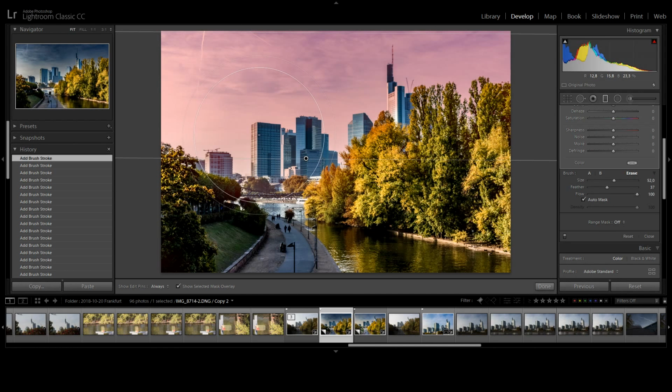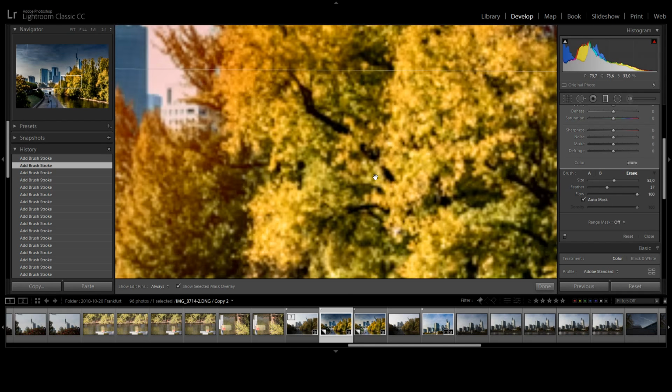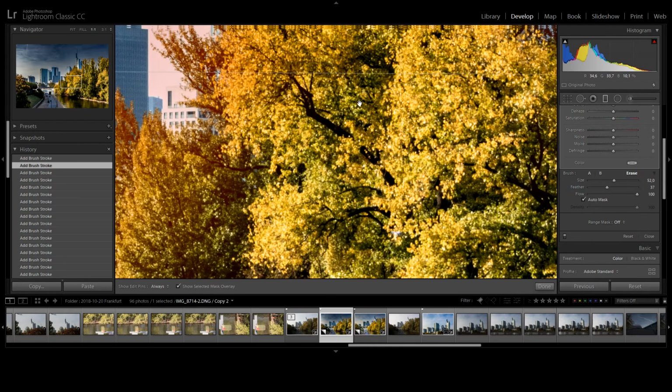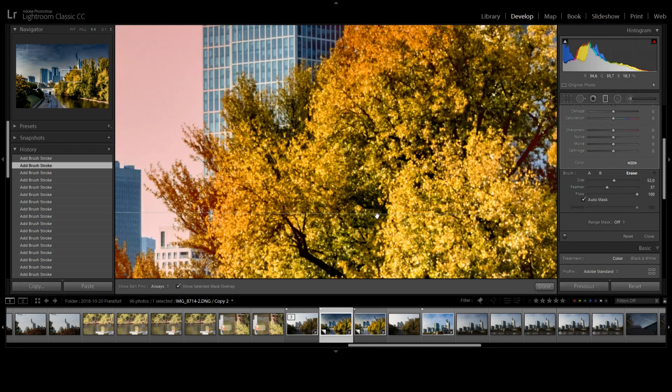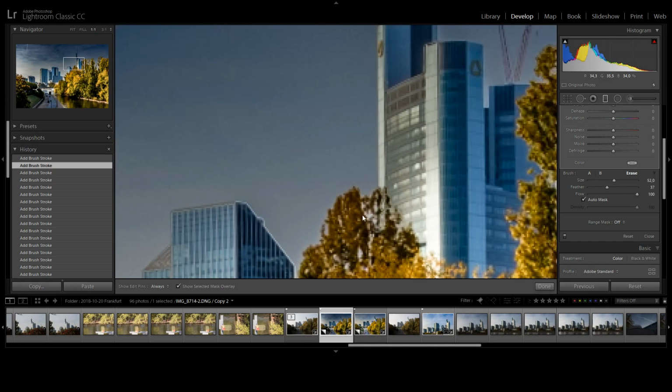Now for this area here, the color difference between the sky and the sides of the building, or here the building and the sky, is pretty much the same. And I think if I click on that, yeah, you see, you noticed it went over and erased this part of the graduated filter over the sky, and I don't want that. So let me go back, magnify my photo by pressing the space bar and holding the left mouse key down. I can pull it down,